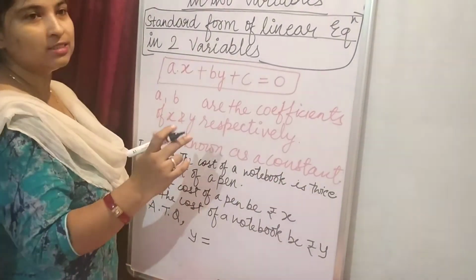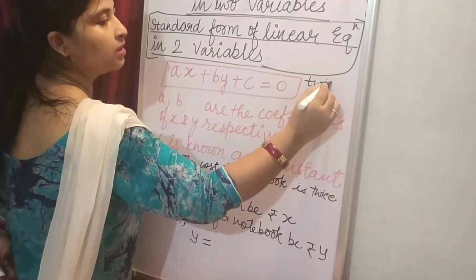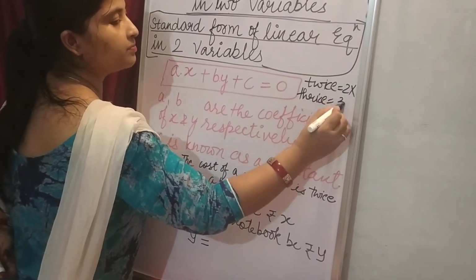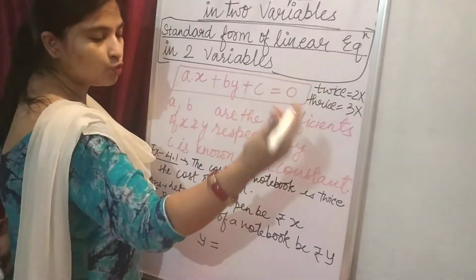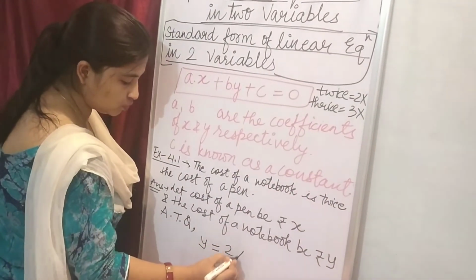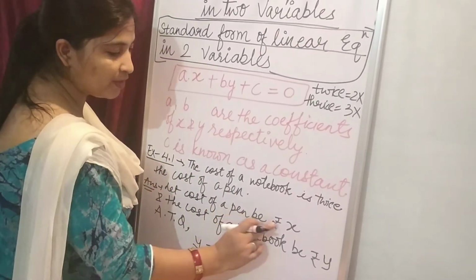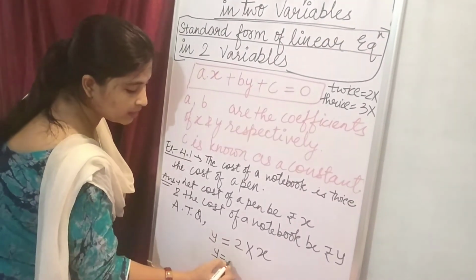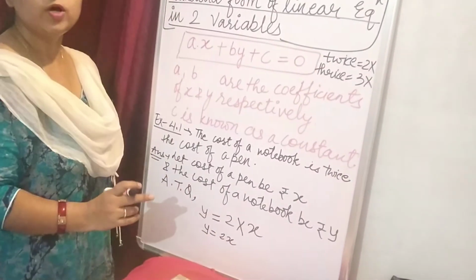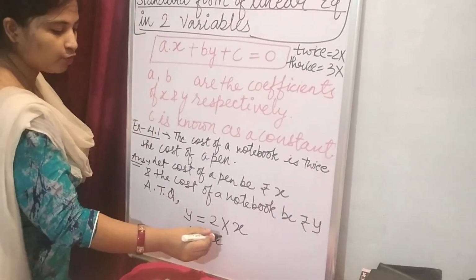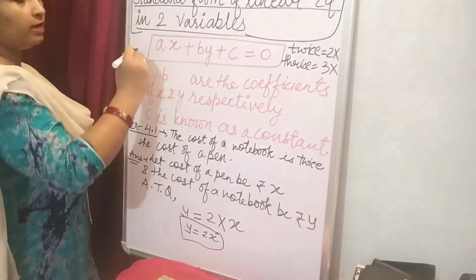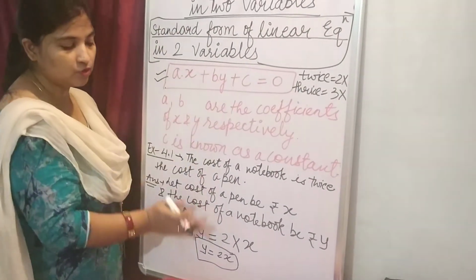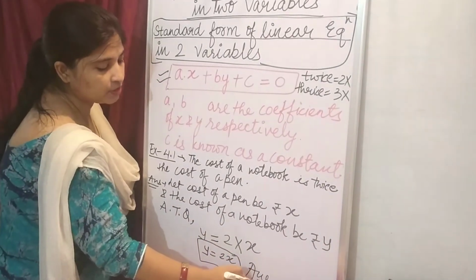Twice, thrice, quadruple. This twice means 2 times. This thrice means 3 times. Twice means 2 into. So twice means 2 into the cost of a pen. What is the cost of pen? We have assumed X. So what I am getting from here, can I say, that is Y is equal to 2x. So now this is your equation. If you want to convert it in standard form, then you have to make it in this form. So you can take this side, this 2x, you will get it in the standard form. So this is your answer to the question.